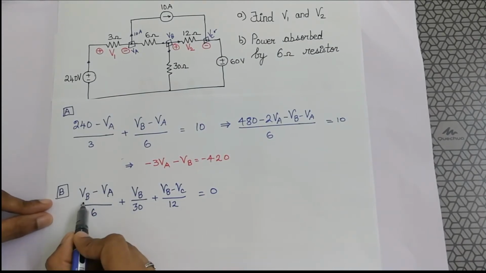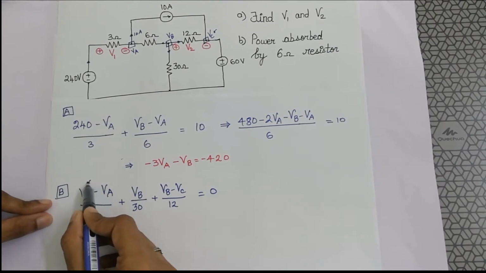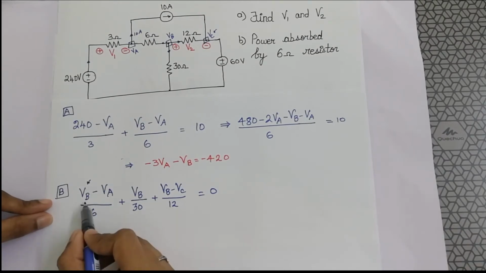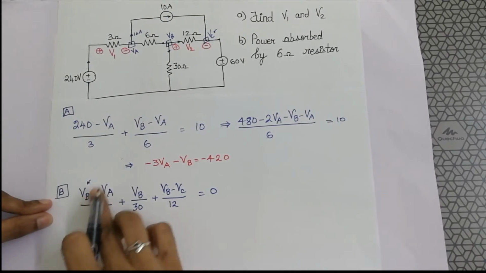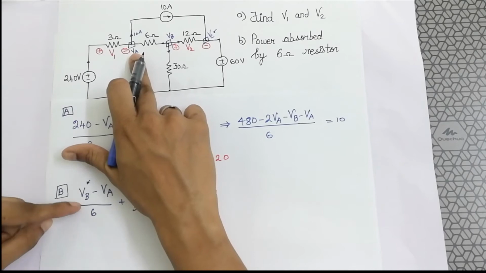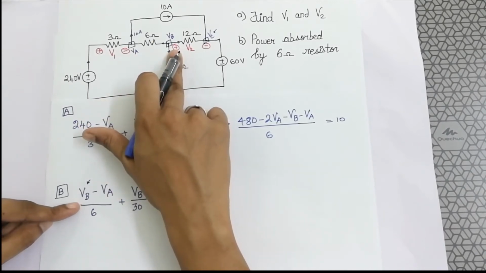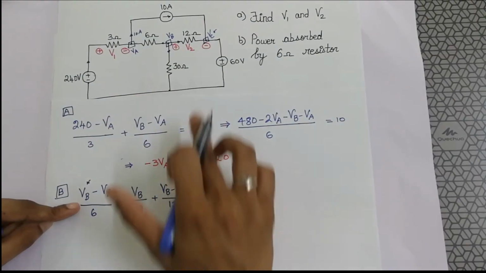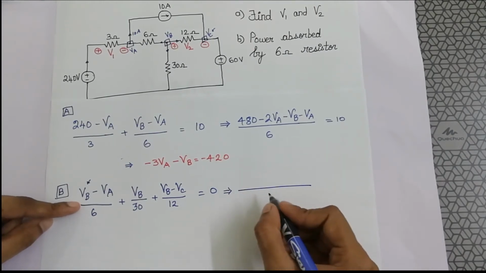Meaning that the current flow is from B to A. Only then B will have the highest potential according to my assumption. I should not put this as VA minus VB. In that case, I am seeing the current direction to flow from B to A, but in the equation, if I write VA minus VB, then it is wrong. It is a mistake. We must have our equations written exactly as per our assumption of this circuit. So this equation will become